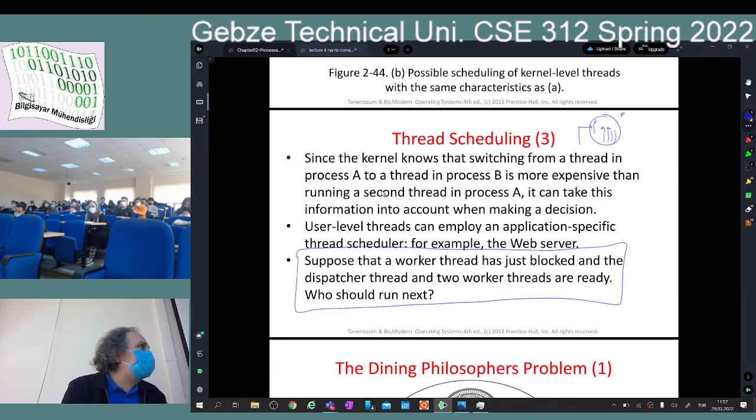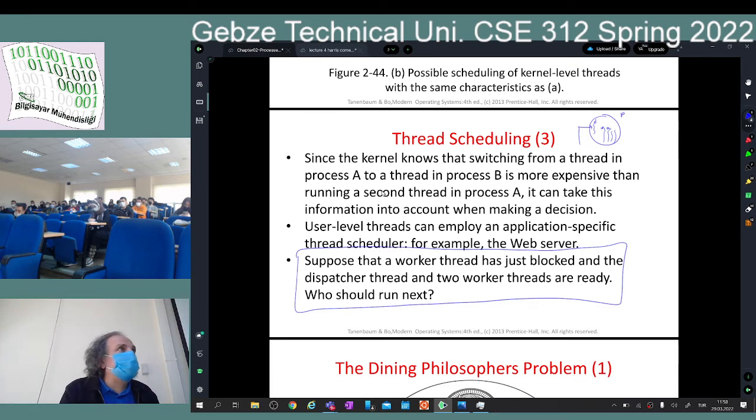So that's all I'd like to say about thread scheduling. Any questions about thread scheduling? Not much different from process scheduling. Maybe the few things that we need to remember: switching between the threads is cheaper than switching between the processes, and maybe we can take advantage of it while scheduling threads. And also the user level implementation and kernel level implementation have, again in terms of scheduling, their own advantages and disadvantages.